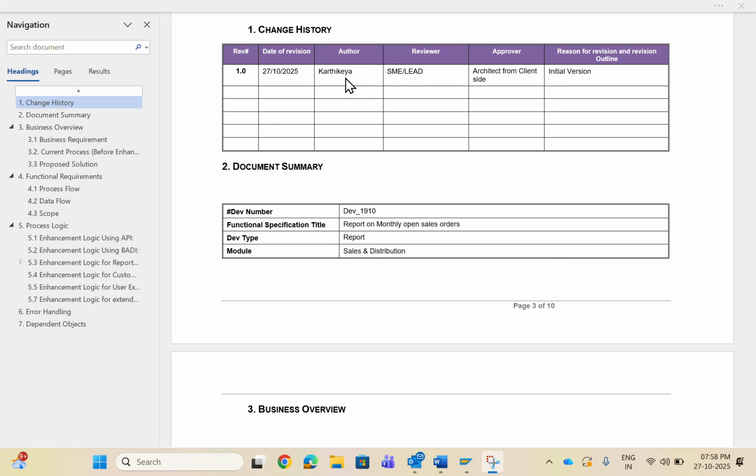Before we start writing, let's quickly understand what an FSD is. An FS document is a bridge between business requirements and the technical development. Based on the business requirement, you will give the logic, and based on your logic, technical people like a developer will prepare the report. It covers what needs to be developed, where the data comes from, and how the